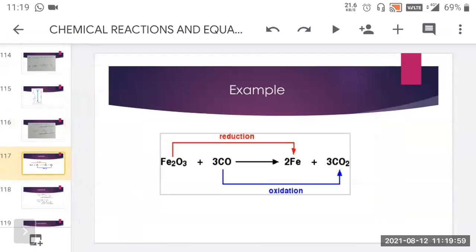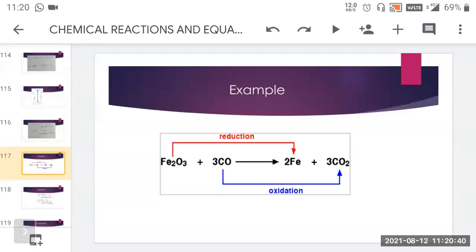Now this reaction, Fe2O3 plus CO. Now students, here in this case, most of you say that yes, it is not a combination reaction because here two reactants and two products are there. It is also not a decomposition reaction. Why? Because two reactants and two products. It is not fulfilling the criteria for combination and decomposition. Then comes the displacement reaction. Now, most of you say that it is a double displacement reaction because an exchange has taken place here.